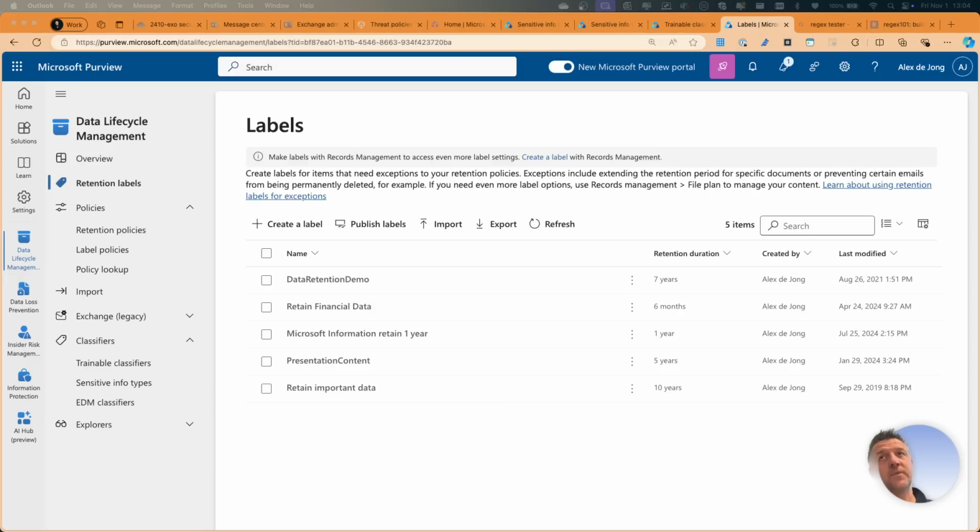Machine learning, those trainable classifiers, is E5, for example. So let's say I have an